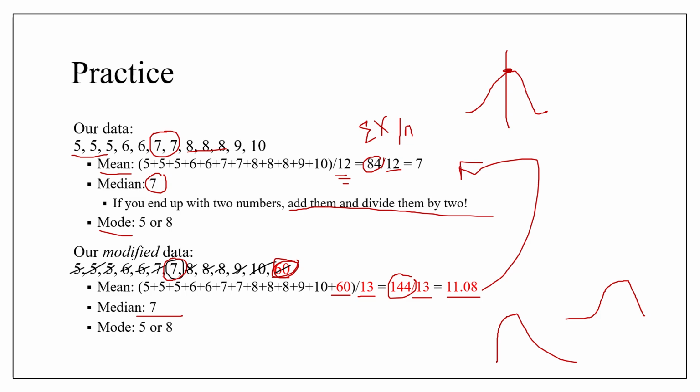Because the mean is going to be very susceptible to extreme observations like this 60 right here. So again, the mean is going to follow that extreme score. Why? Because the mean is a calculation that requires you to use every single observation in the data set. So if you have something very extreme, like this observation, that is going to heavily impact the mean, as we could see right here. And if you were to look at this 7 right here, and then this 11 right here, and the actual data set that you're working with,